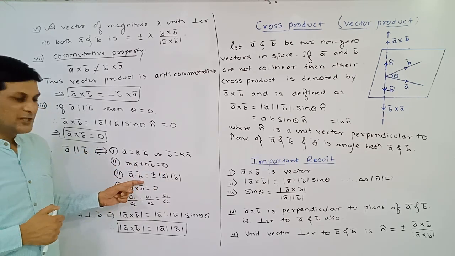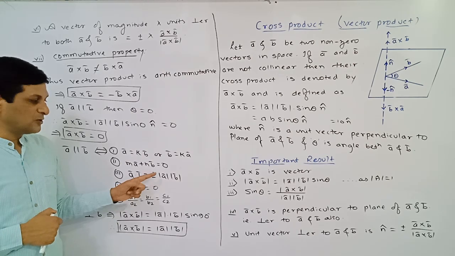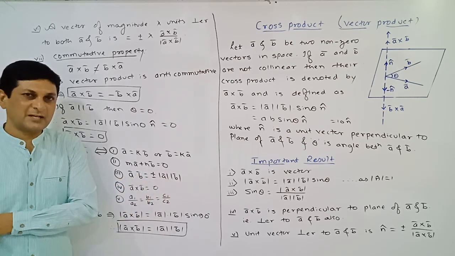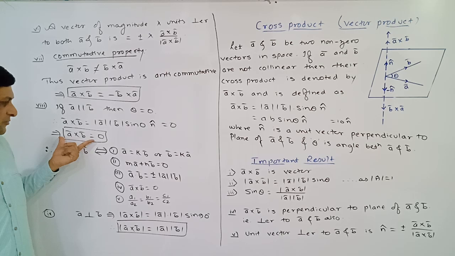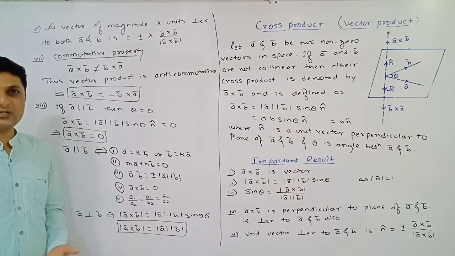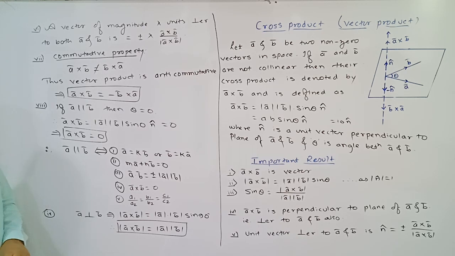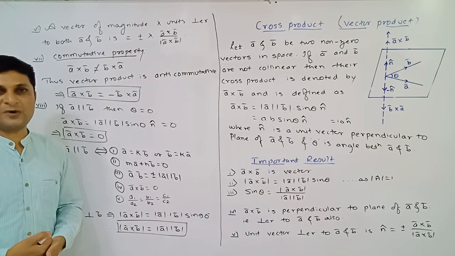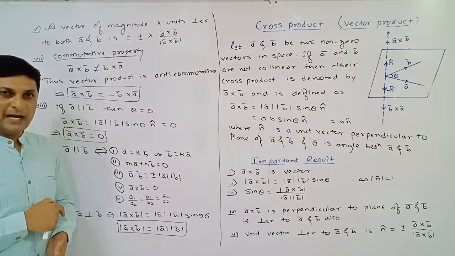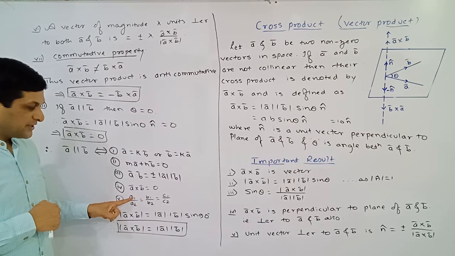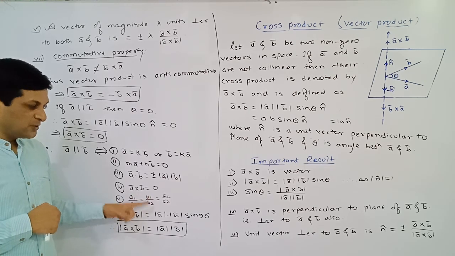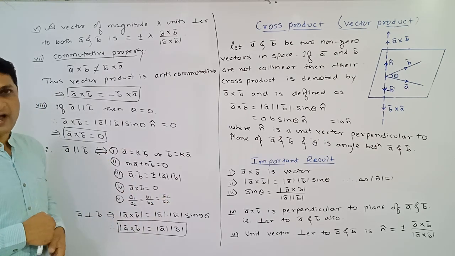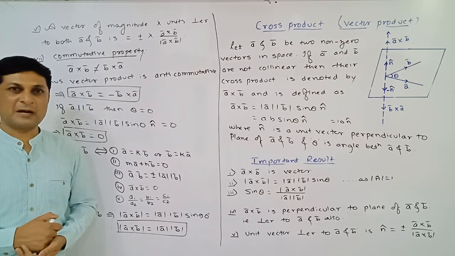One condition we have seen in case of dot product, that the dot product of two vectors is equal to plus or minus the product of their magnitudes. If this condition is satisfied, at that time also we can say that two vectors are parallel or collinear. And just now we have seen one condition, if the cross product of two vectors is 0, at that time also we can say that two vectors are parallel or collinear. And this condition is applicable if two vectors are expressed in Cartesian form, means in terms of i cap, j cap, k cap. At that time, if vectors are collinear, then the ratio of the coefficient of i will be equal to the ratio of the coefficient of j will be equal to the ratio of the coefficient of k. So in this way we have 5 conditions which are satisfied if vectors are parallel or collinear.